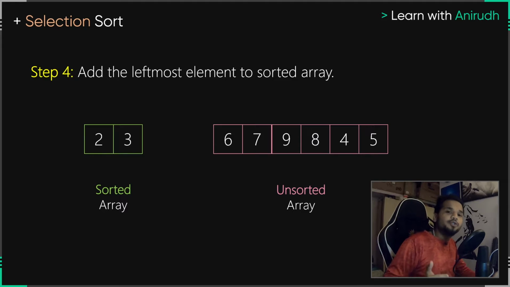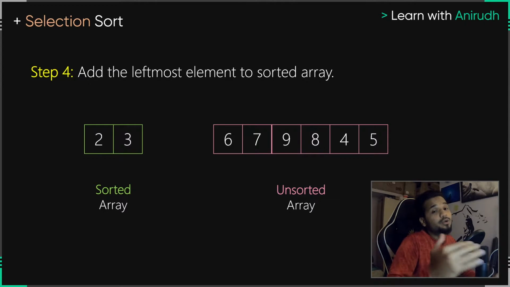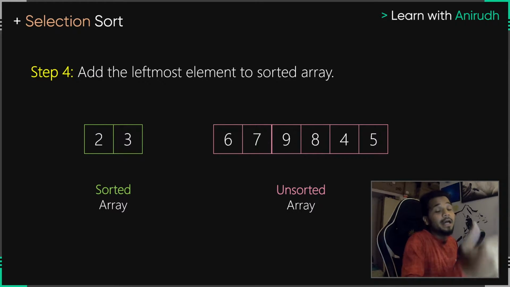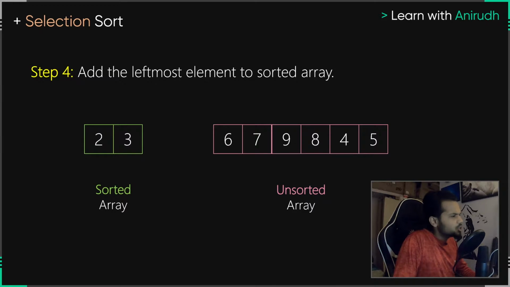So once you find the most minimum element here, all you have to do is find the next smaller element. And in this case, since you are trying to sort it in the ascending order, you find the element which is next to the current element that we have, which is the next bigger element compared to it. So we don't have to compare 2 and 3 anymore. 2 and 3 are sorted. This is how easy it is in selection sort. And if you watch the insertion sort episode, you will be wondering how simple this is compared to that.